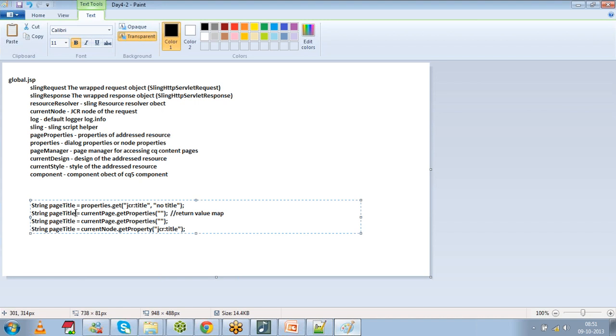You can see the title we have changed in the backend. It's getting changed here. Okay. This is something like get properties. Or you can directly use